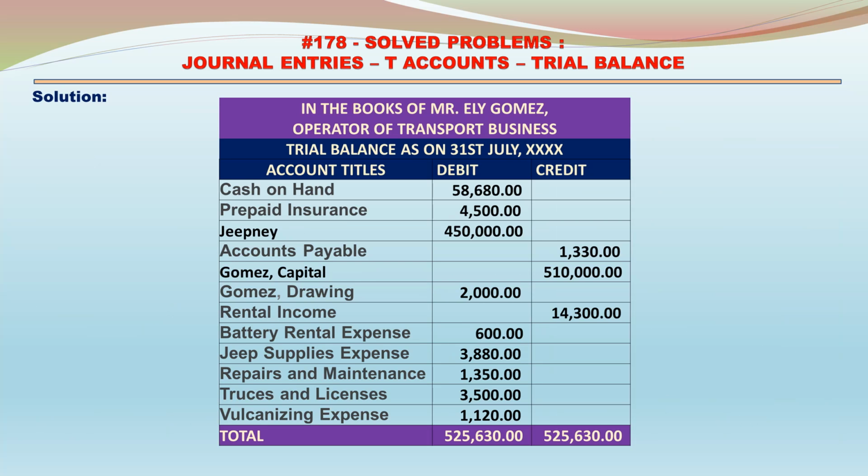When we transfer all the closing balances in the T accounts in the books of Mr. Eli Gomez, operator of transport business, trial balance as on 31st July, account titles debit credit: cash on hand debit 58,680, prepaid insurance 4,500, jeepney 450,000, accounts payable 1,330, Gomez capital 510,000, Gomez drawings 2,000 debit, rental income 14,300 credit, battery rental expense 600, jeep supplies expense 3,880, repairs and maintenance 1,350, taxes and licenses 3,500, vulcanizing expenses 1,120,